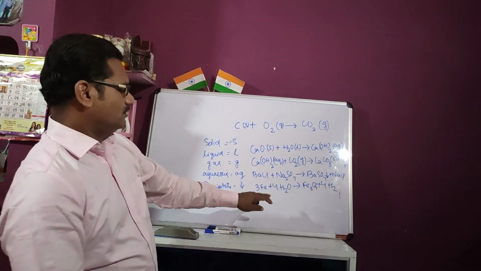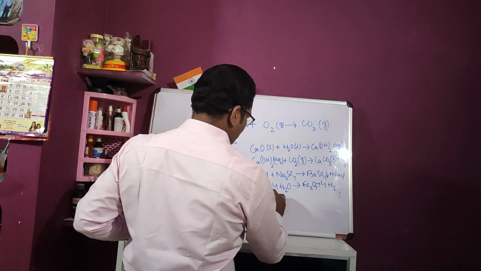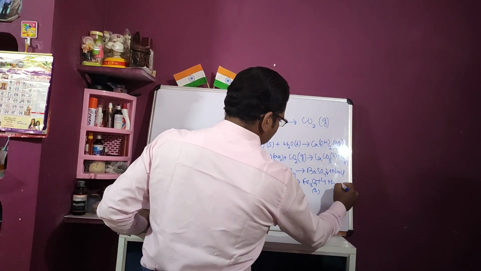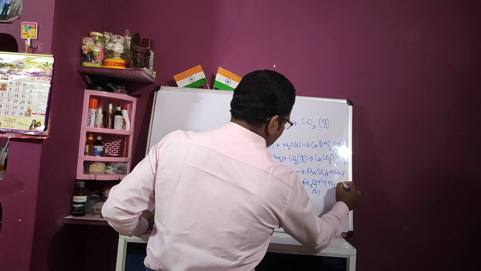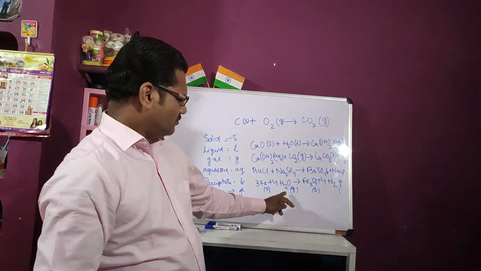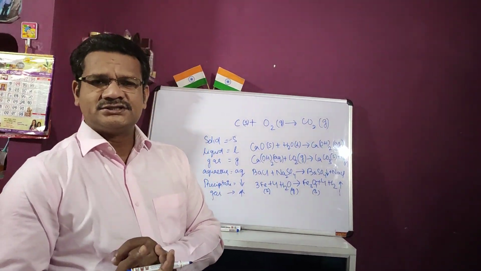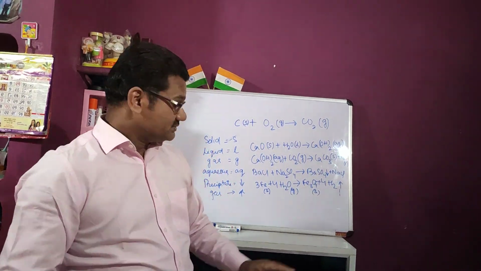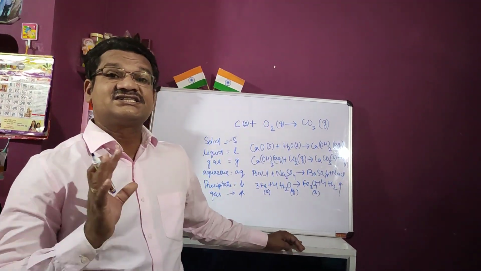Okay. Now, here iron is solid, this is also a gas, this is solid, this is also a gas. I can give a symbol here. You will wonder, is water a gas or liquid? It is liquid, no? Then how did I write gas here? That means this water is in the form of steam.